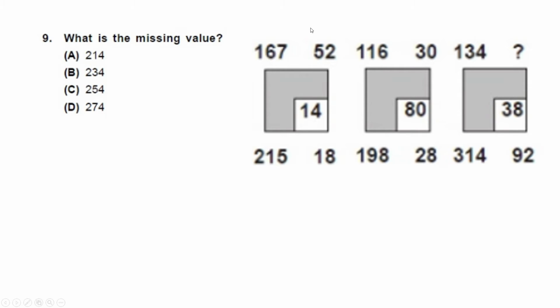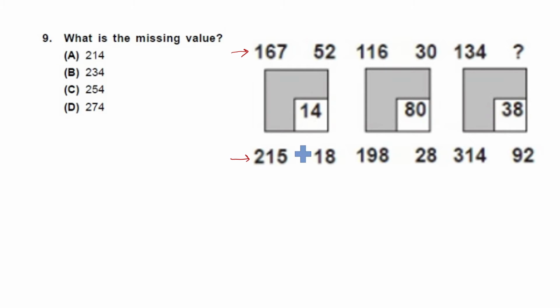Well, logical reasoning missing pattern comes with practice. So I would suggest you practice as many questions as you can so you get the hang of how to approach these kinds of questions. Now, when I look at these numbers, the above and the below numbers, I can say that if I sum them up, they'll be somewhere close to each other, and the number in the blocks is quite smaller than the sum of the two. So it is possible that this can be the difference of the sums of the above and below numbers.